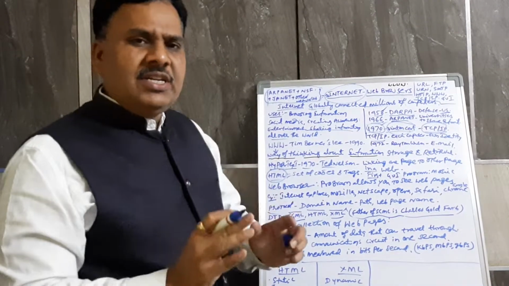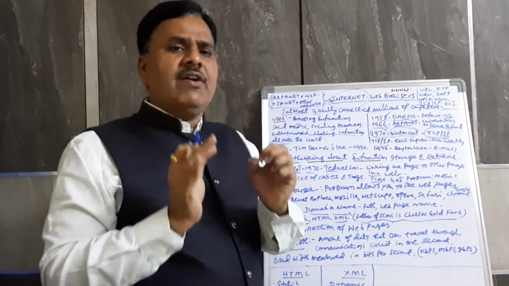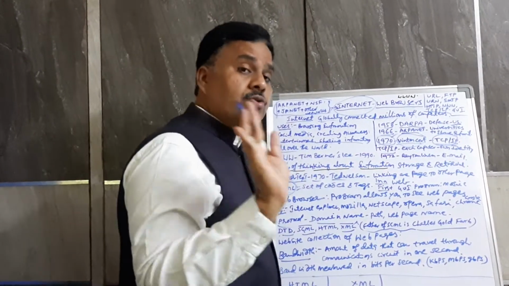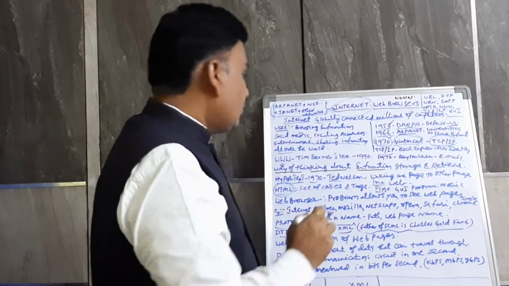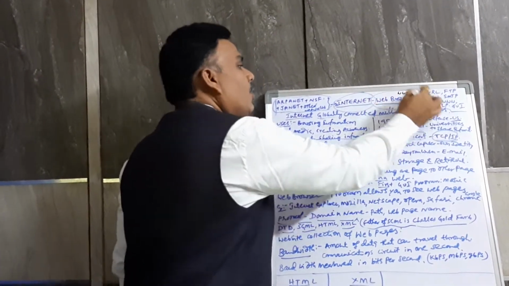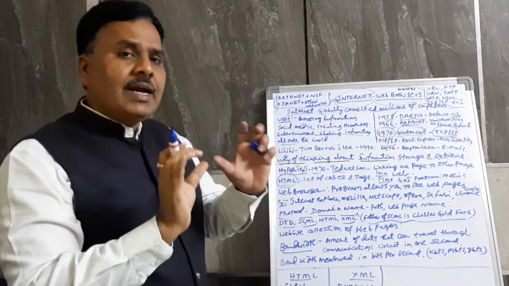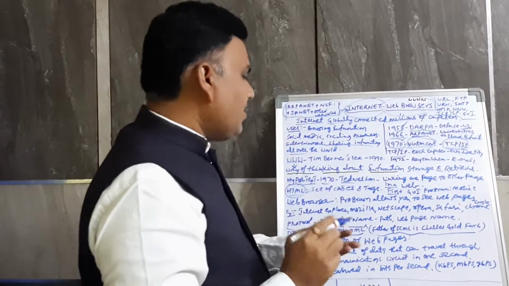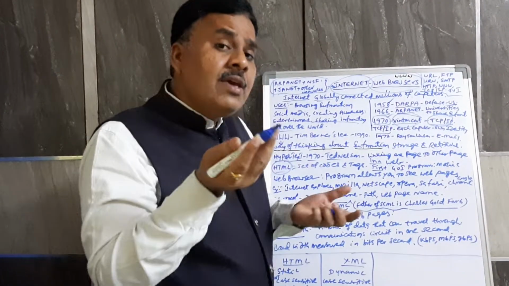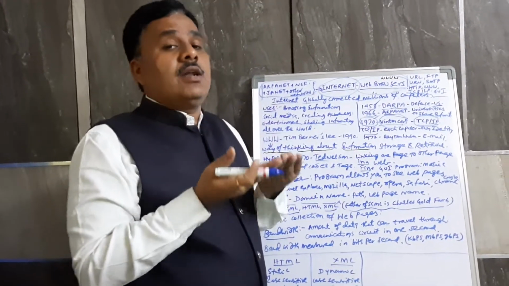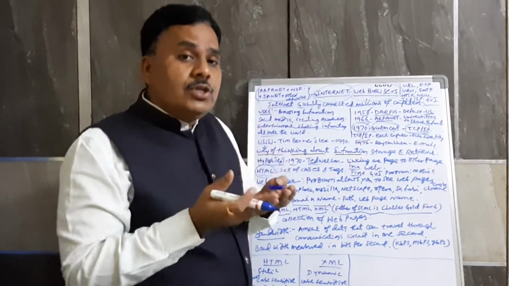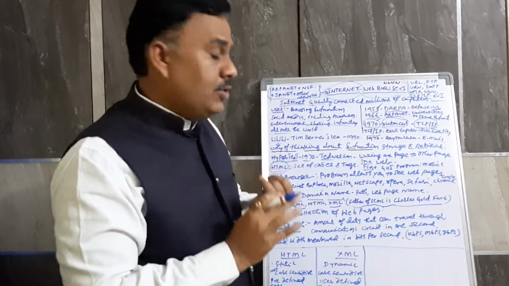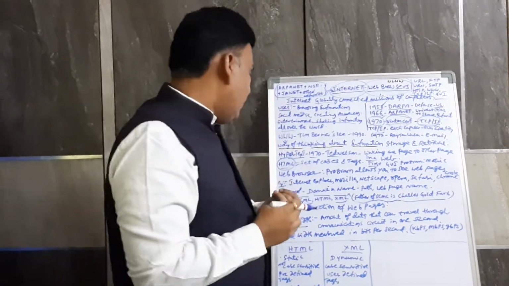To connect to the internet, the basic important thing everyone needs to know is what web browsers are. Without a web browser we cannot connect to the internet. For browsing the information, web browsers are required. Browsers are very essential. A browser is nothing but a program. It allows us to see the web pages. If you want to see what web pages are available, you need to connect with a web browser. There are many types of web browsers available. You can use any one of the web browsers.